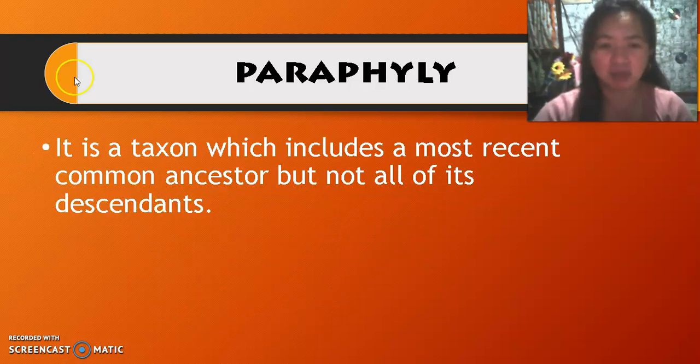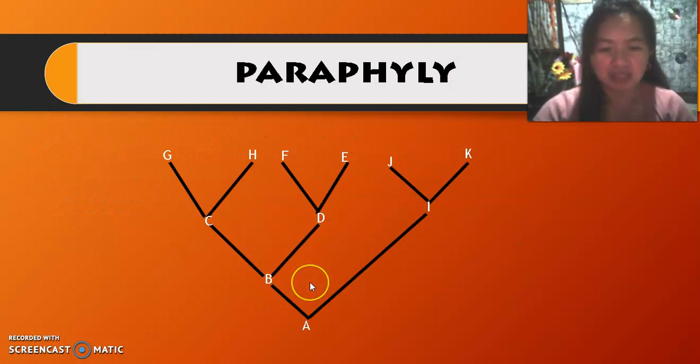Next one is paraphyly. Paraphyly is a taxon which includes a most recent common ancestor but not all of its descendants. In this diagram, for us to have a paraphyletic group, let's choose the descendants of A, which are G, H, F, and E. So if we choose these descendants with the ancestor A, then we can have a paraphyletic group. It is a paraphyletic group because we excluded J and K,